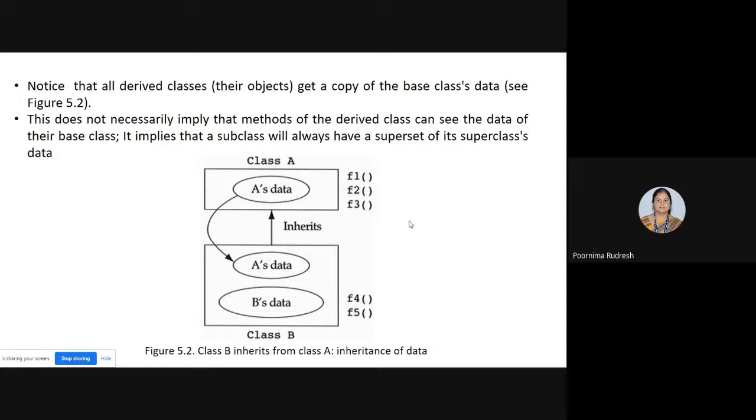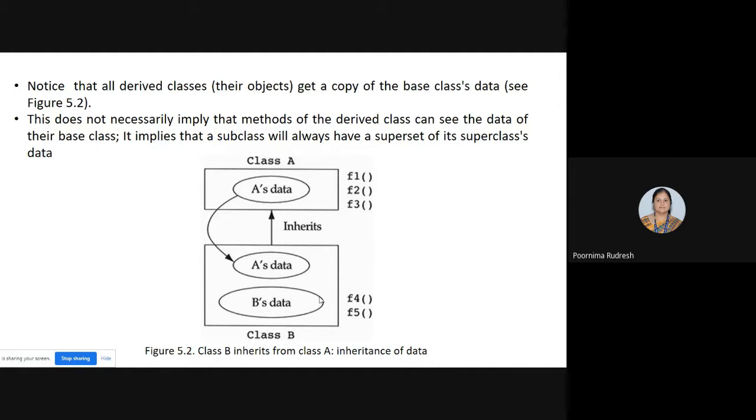Here we are talking only about the data, not the behavior or methods. But this does not necessarily imply that methods of the derived class can see the data of their base class.